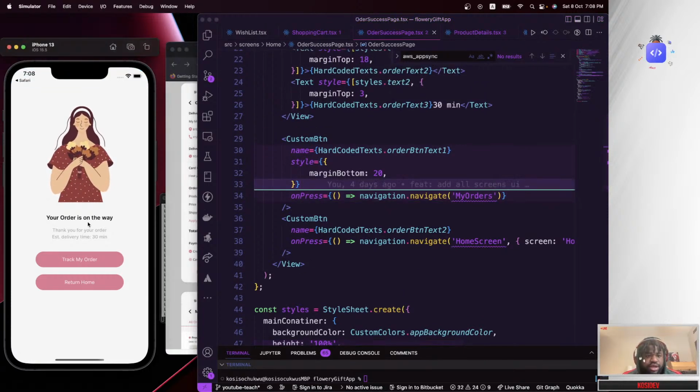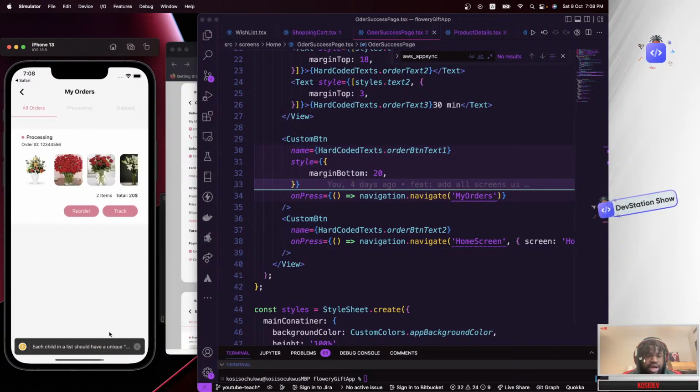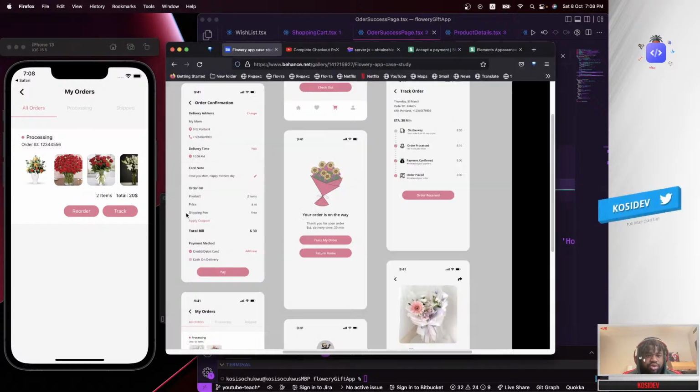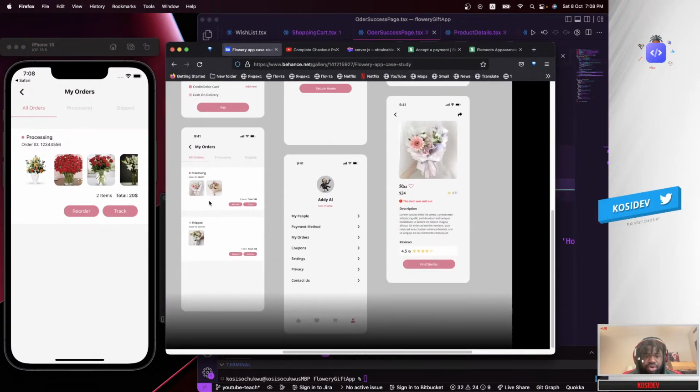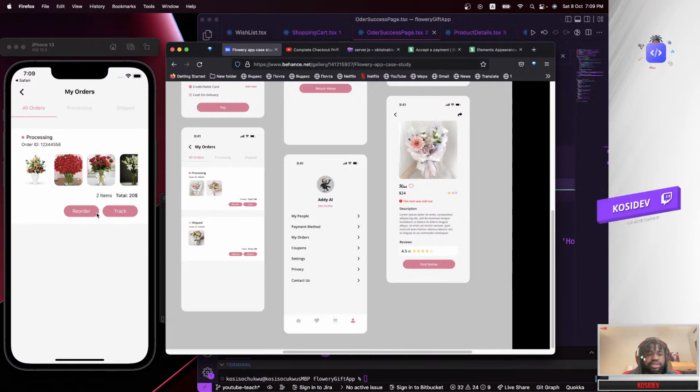Right now, if I'm the user and I tap track my orders, I'm taken to the my orders page, which looks exactly like what we have here. But the issue is that this order here is hard coded, not a real order.